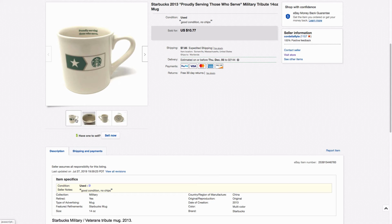Yeah, I have a few other Starbucks mugs that have been sitting around for a long time too, so not high on my list anymore, but I was probably experimenting when I bought this. Next,